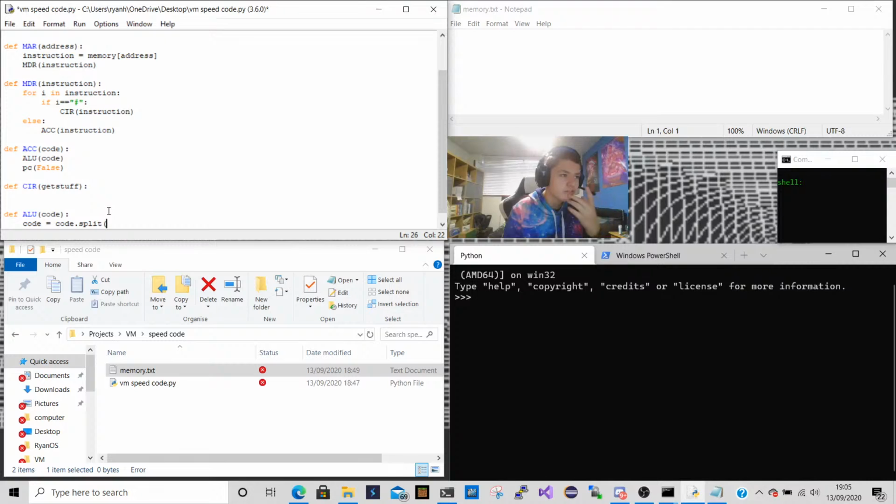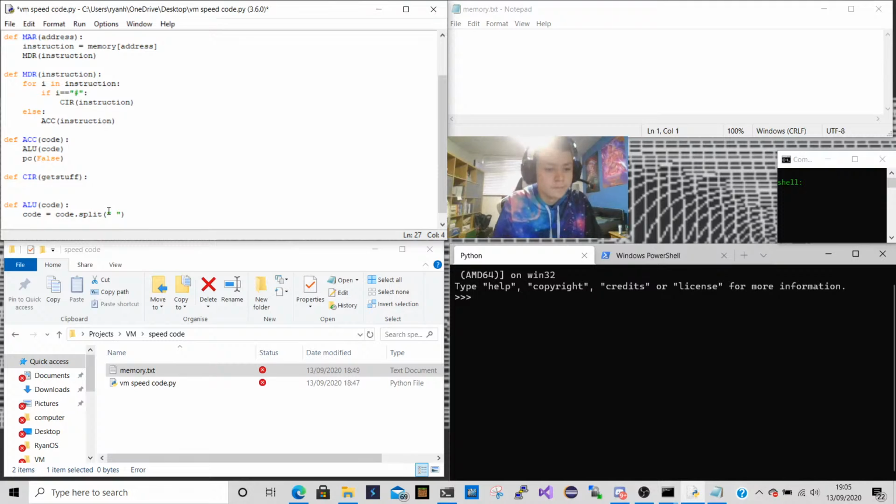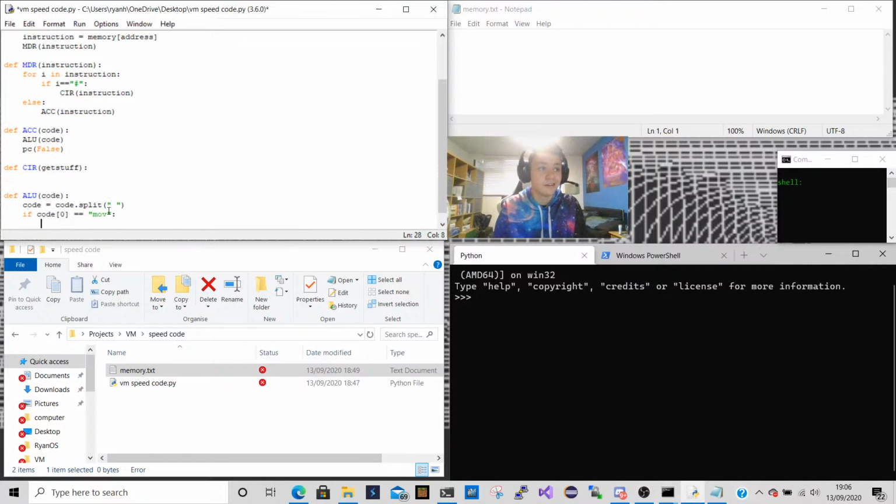See, in my last VM I made it so it was all in binary, and then it had to decode it back into instructions, which means I needed to make a separate assembler. So basically I wrote move 1 to 3, the assembler turned that into binary, then the VM read the binary and turned it into move whatever 3, which was pointless. So I'm not going to make it in binary actually. So we'll just do code.split by space. Okay, so now if code 0 is equal to move, then